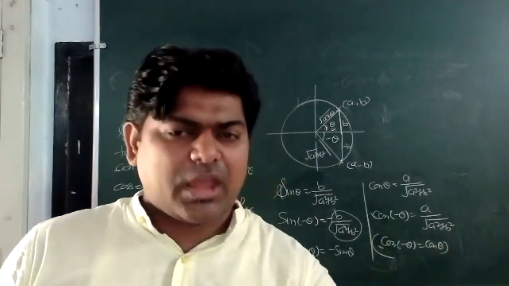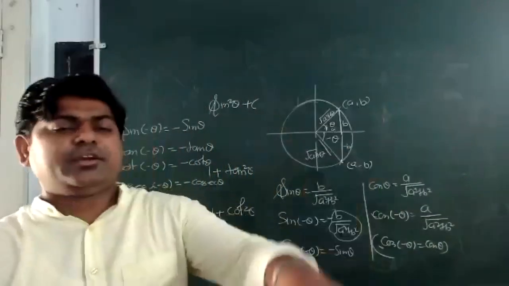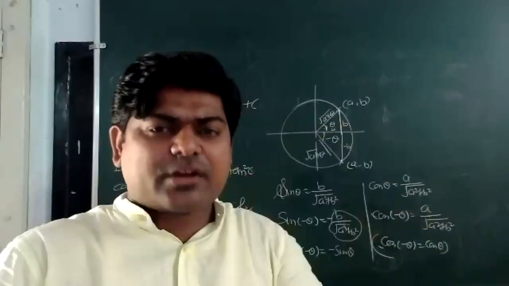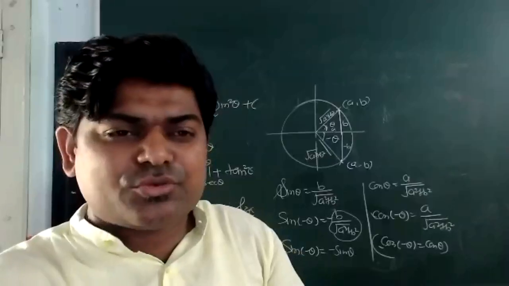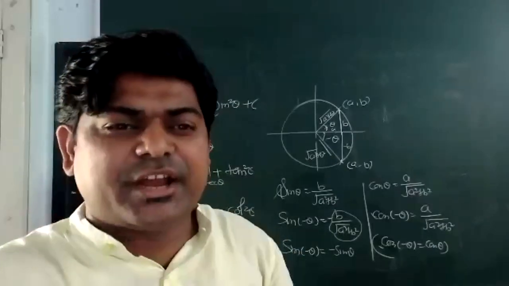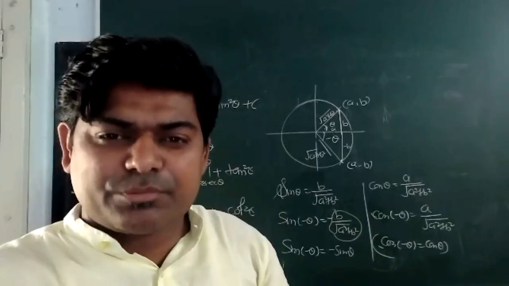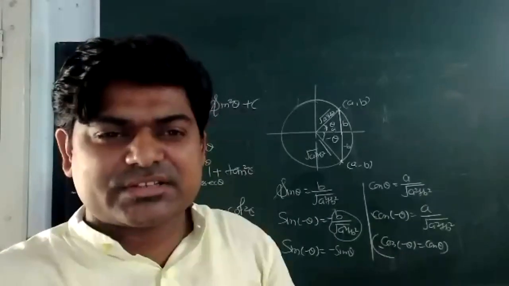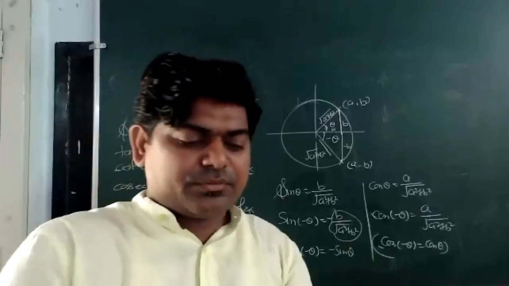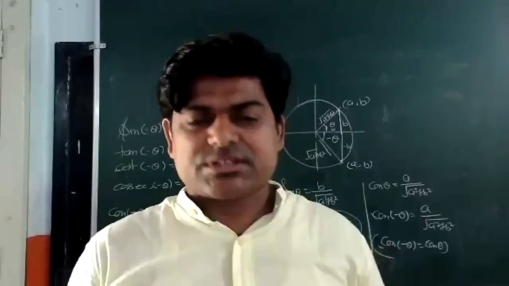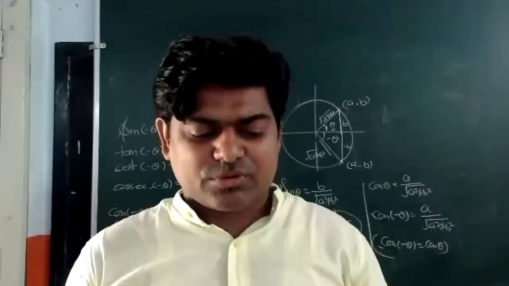And with the help of the same thing, we will discuss one more point after this exercise, that is the quadrant concept. In the quadrant concept also, I will tell you that in the fourth quadrant, cos and sec will be positive. Cos and sec will be positive. So I'll discuss that later on. Okay. But for today, I am just going to start today's class. I discussed this formula for this purpose only.